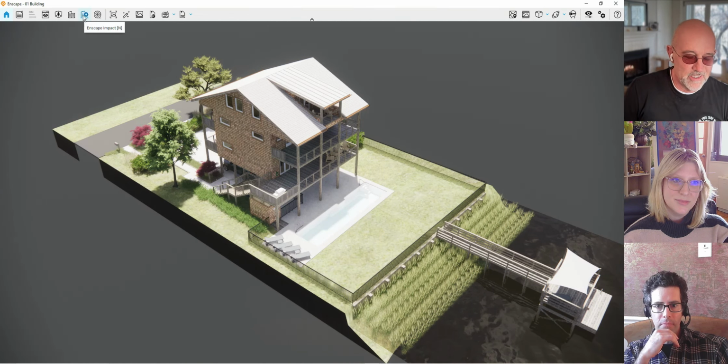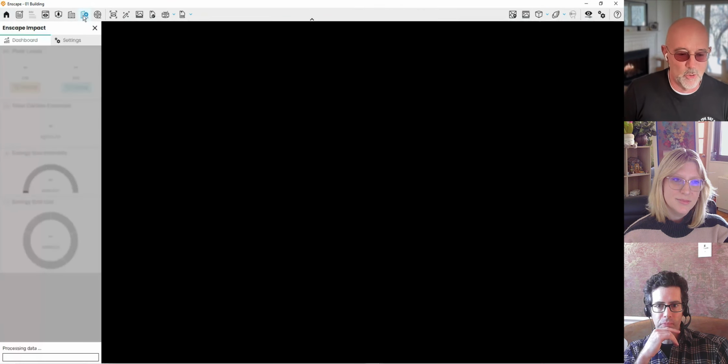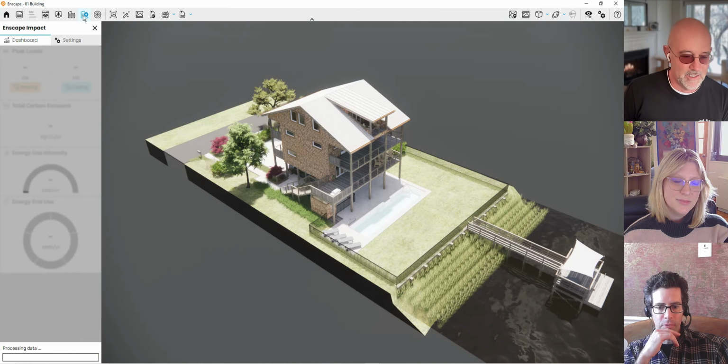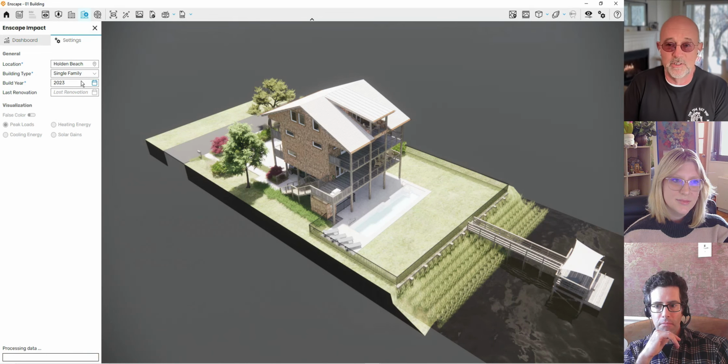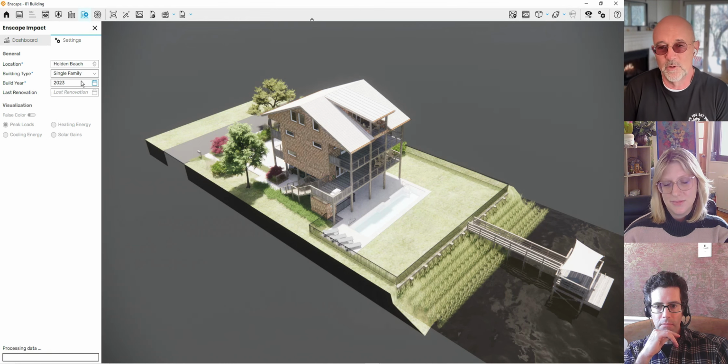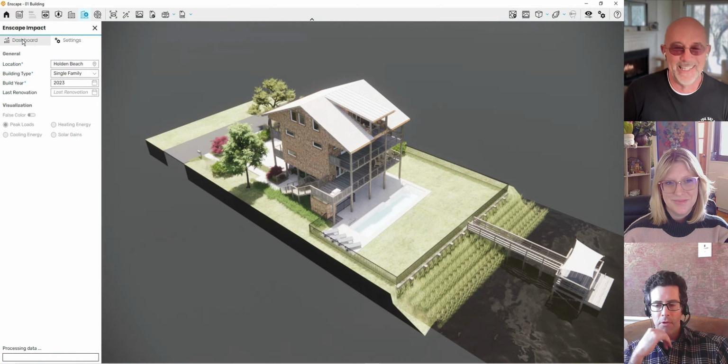So I'm just going to go over here. There's a button inside of Enscape, and I'm going to open up Impact. And the location information should already be here. It's on the coast of North Carolina, a single family residence, and it was wrapped up in 2023. And in my caveman brain, I'm thinking, well, this is the most realistic view of the project that I want. This is where you would run your energy analysis. Tell me, you guys, why is that a bad idea? Because we're going to find out why it's a bad idea in a moment, but explain it to us, Rod.